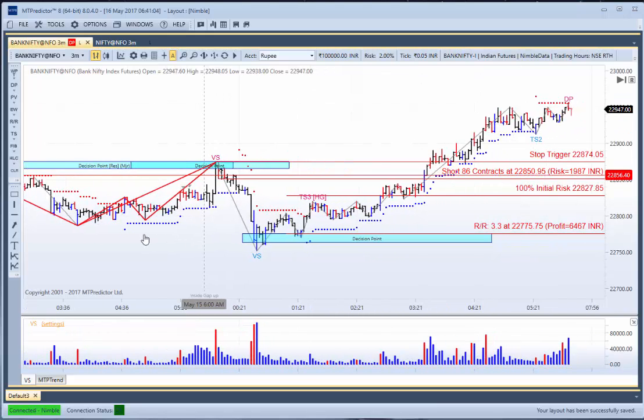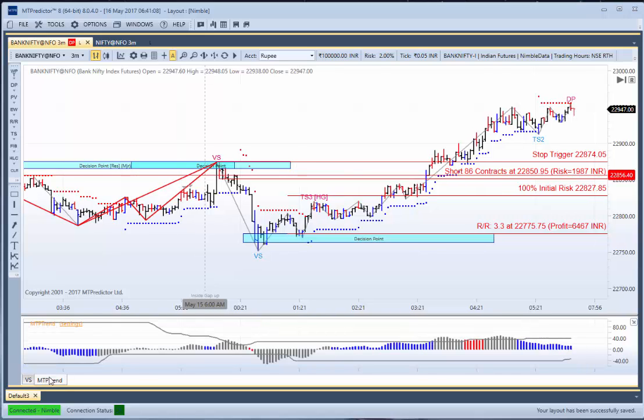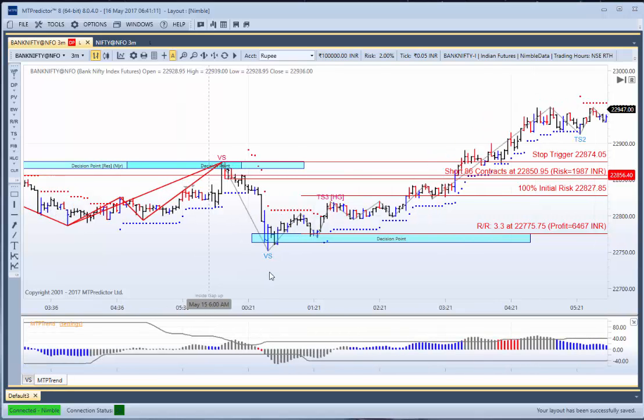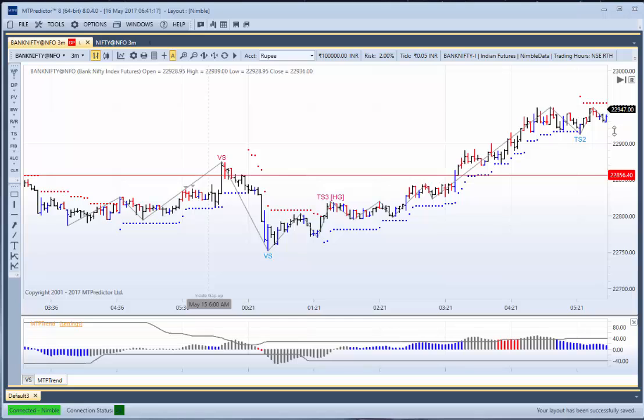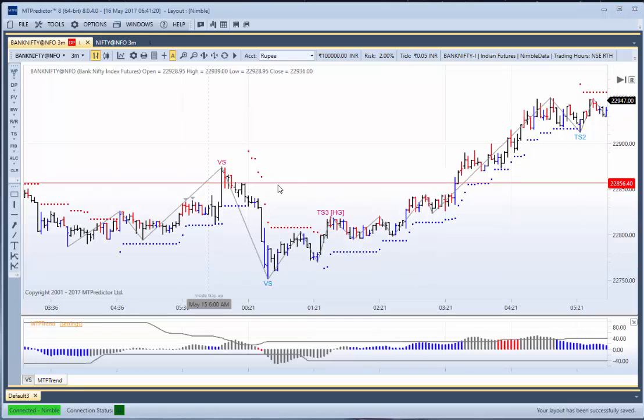There we go. And here you can see we actually then had a VS setup in the opposite direction. If we look at our MTP trend, it was grey, and therefore this was one that you could take. So if I clear this all off, I'll clear that